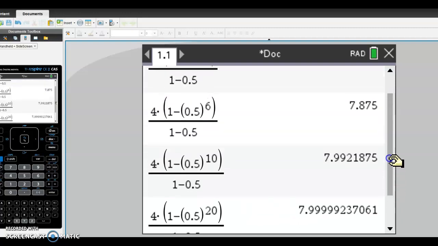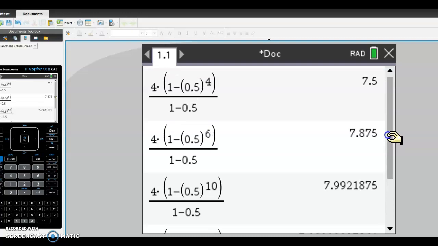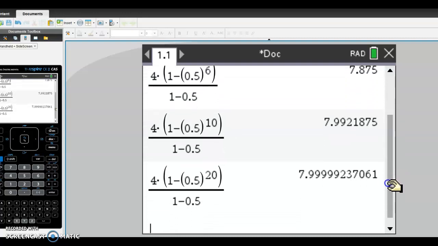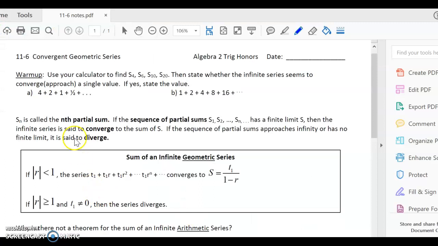We started off with the first one, which was S4, 7.5, and we worked our way all the way up to 20 terms. We're barely increasing as we go, and it looks like it's hovering around 7.99. So a reasonable guess would be to say that this sum over time is going to approach 8